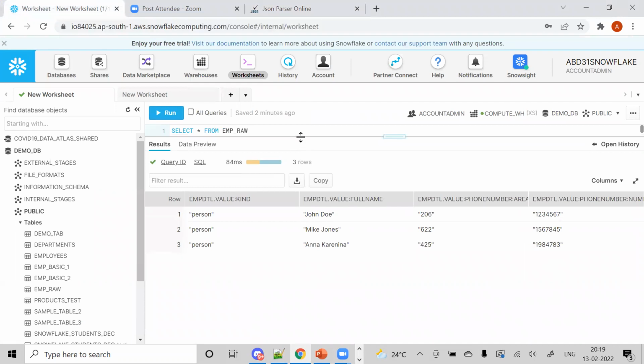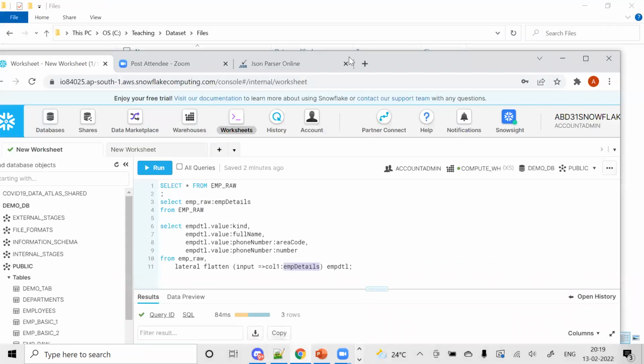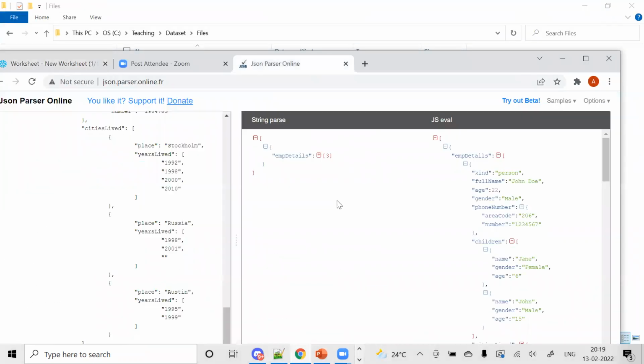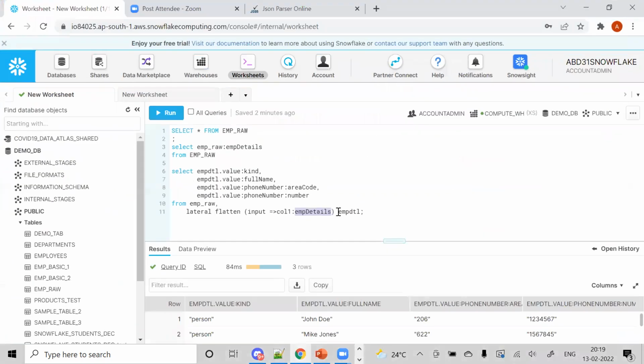I did the flattening here. I joined with the EMP table, the EMP raw table. I did the flattening and I passed this particular JSON object, EMP details. If I flatten EMP details, it has got 3 arrays, right? So that is why I got 3 rows. And how to